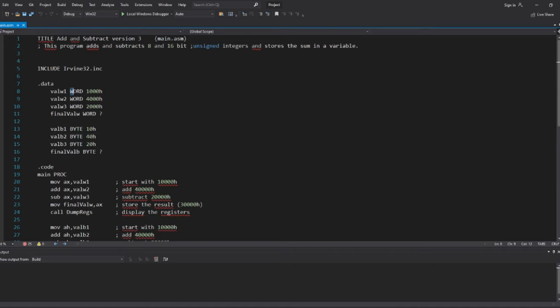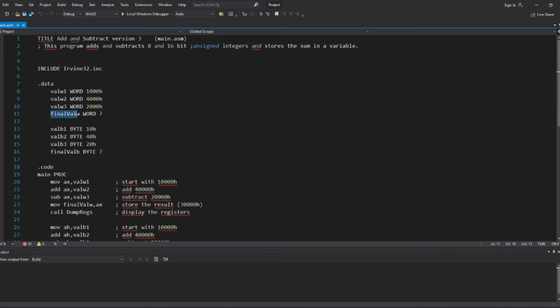We declare them as word for 16 bits, and the values are 1000H for W1, 4000H for W2, and 2000H for W3.